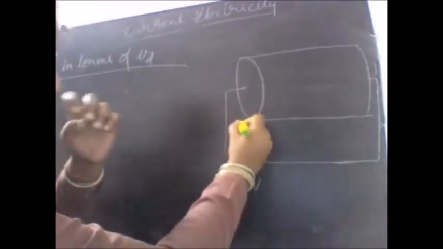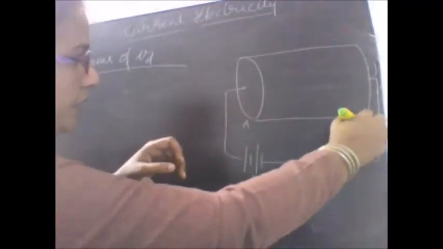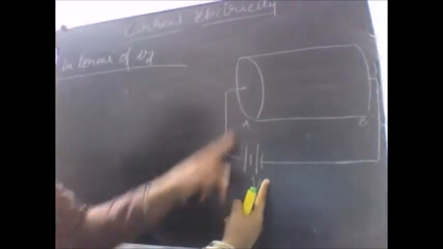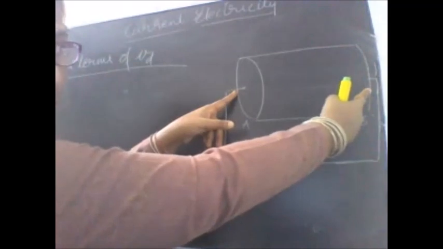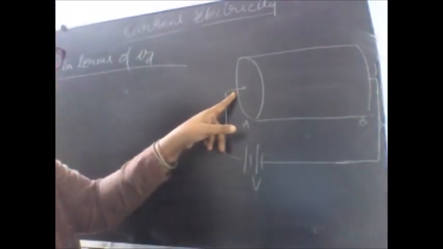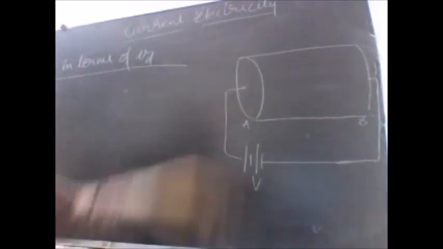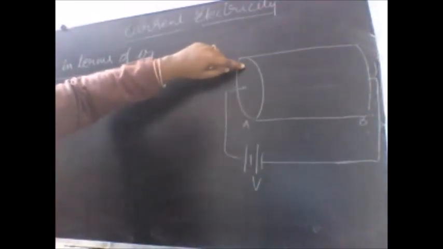When we are saying that this is offering a potential of V volt, that means this conducting piece AB is connected in parallel to the battery. Whatever is the potential offered by this battery, same should be the potential difference across this piece of conductor. V should be the potential difference. Is it necessary that this terminal I should take at the potential V? No, it is not compulsory.